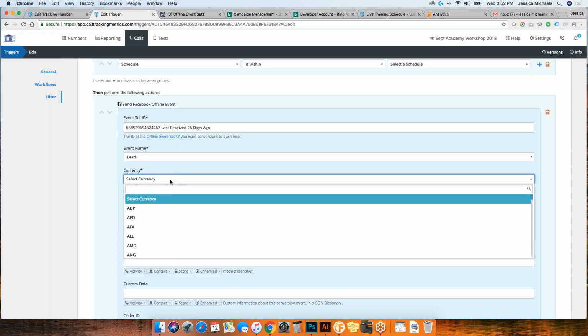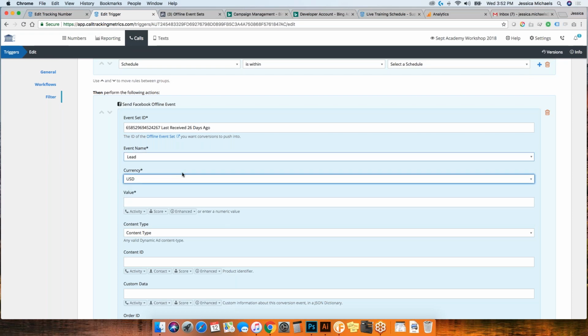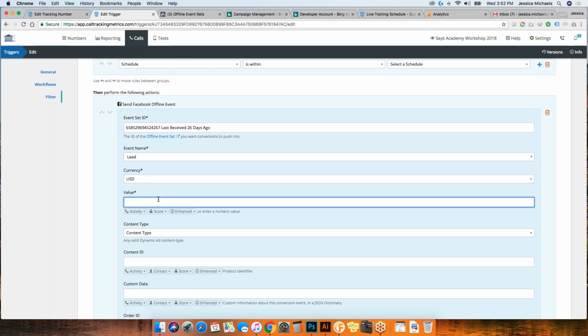It is going to require you to put in a currency. This is Facebook's requirements. And the last thing it's going to ask you for is a value. So this you can customize, kind of like most of our other offline events. You could do it by a conversion amount if you're scoring calls, and that'll automatically assign it.